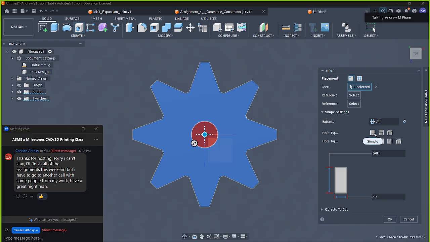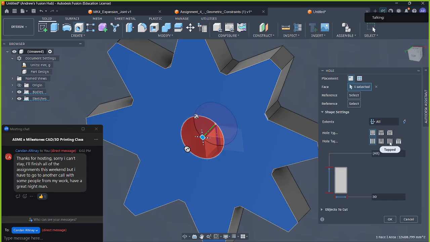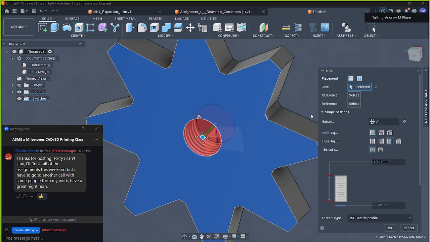So this is just a normal straight hole, but you can also add counter bores or counter sinks, and you can add tapped holes. So in this case right now it's set to simple, so it's just a smooth hole, but you can specify if you want threads or not, like tapped or taper tapped, depending on your application, right? So in this case, we want a tapped hole. When we select that,